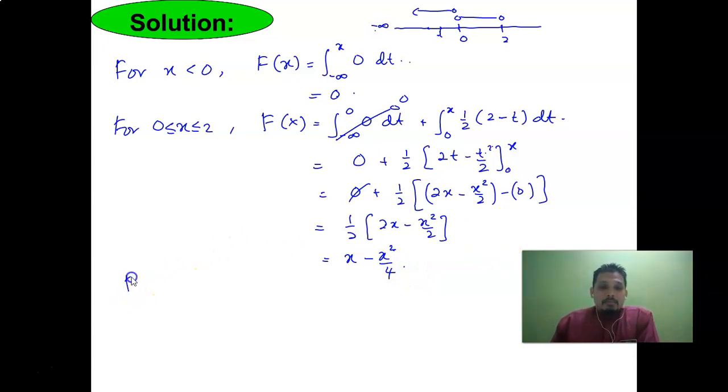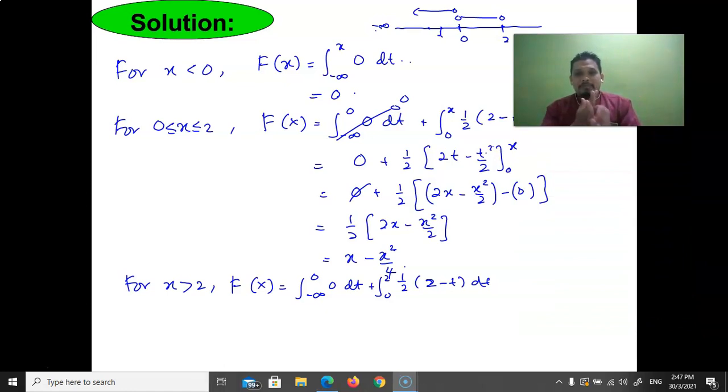And then 4x greater than 2. Accumulate means that we integrate from negative infinity until 0, plus 0 until 2, plus 2 to any x to positive infinity here. So F(x) equal to the integral from negative infinity until 0 dt, plus from 0 until 2, 1 over 2, 2 minus t dt,